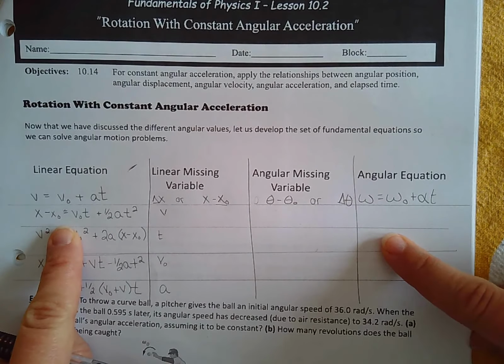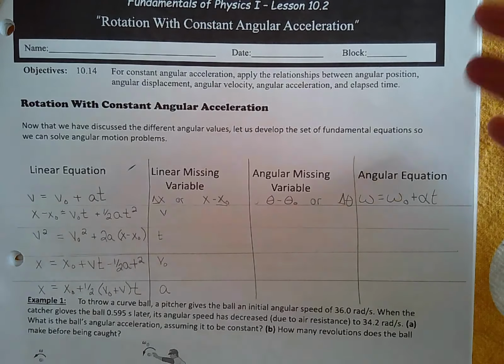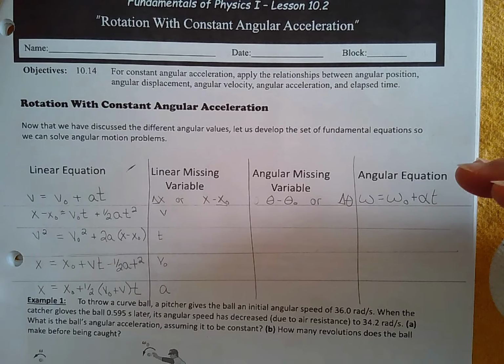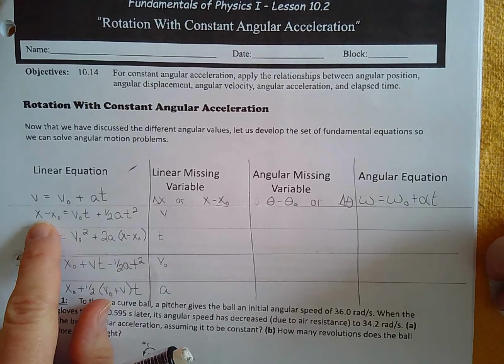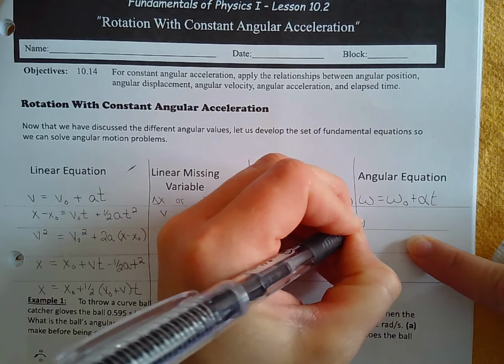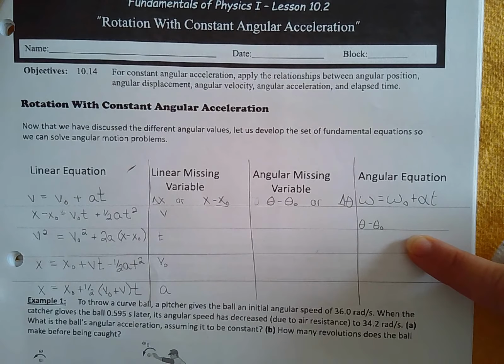So we're talking about position now. Position in a circle is determined by your angle from the positive x-axis. So when we talk about position, we're talking about theta. Over here I had final position minus original position, so over here I'm going to have final theta minus original theta. Remember that could be replaced with change in theta